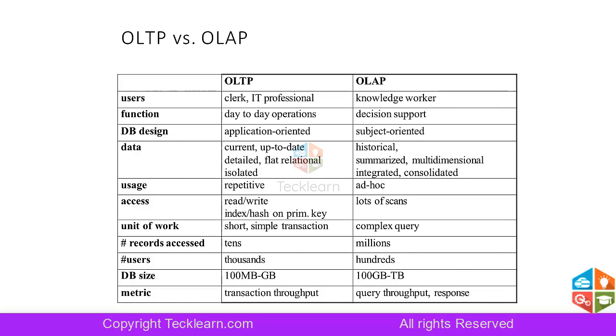But at the back end, if a team lead or supervisor wants to know how many tickets are being closed on a day-to-day basis, how many are open, what is the close volume, is the customer being satisfied, what is the count, what is the feedback, how many were left not open last week, how many tickets were pending for a very long time, which are open, closed but again open. This kind of knowledge information to retrieve is not day-to-day operation. This is done to make decisions. So here the knowledge workers will come in place.